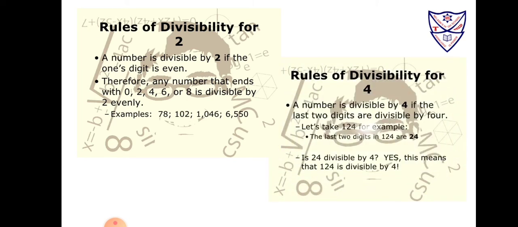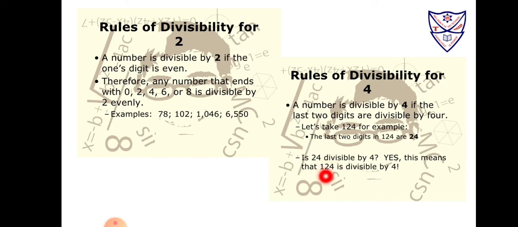Now students, let us understand the rules for divisibility by 4. Students, in these two rules, you can see that in divisibility of 2, we are just seeing the ones digit. But in divisibility of 4, we will see the ones and tens digits, both together, should be divisible by 4. For example, here we have taken 24. Is 24 divisible by 4? Yes, because this 24 is 6 fours.